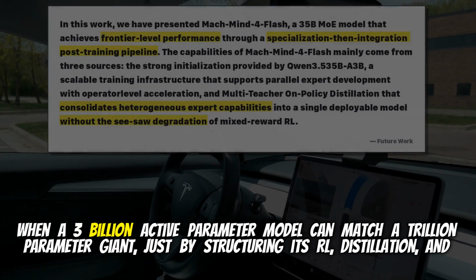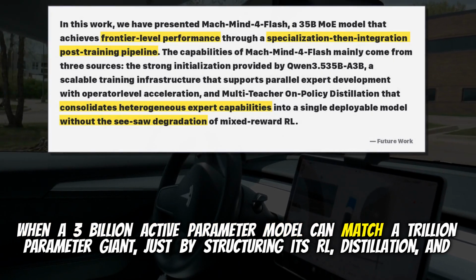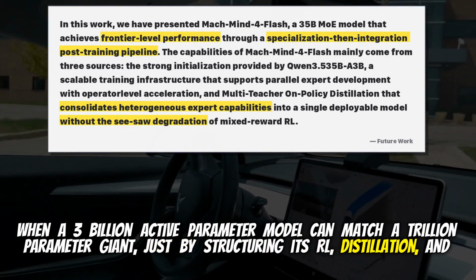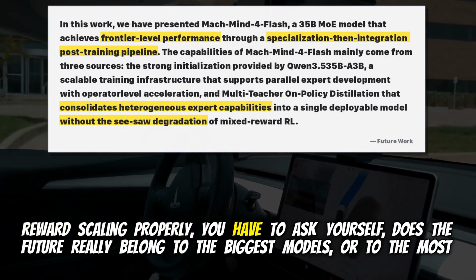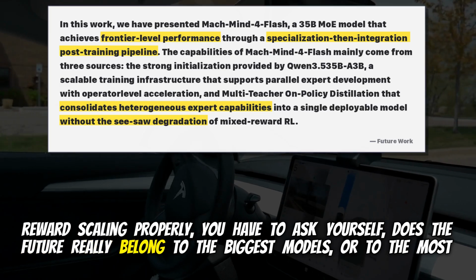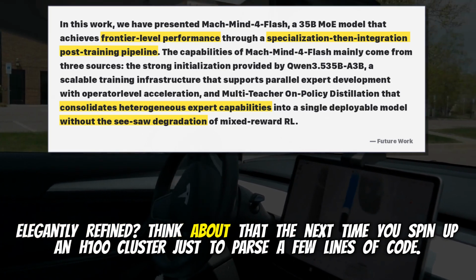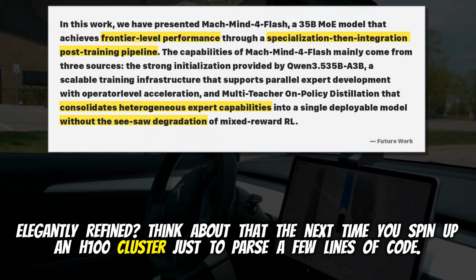When a 3 billion active parameter model can match a trillion parameter giant just by structuring its RL, distillation, and reward scaling properly, you have to ask yourself, does the future really belong to the biggest models or to the most elegantly refined? Think about that the next time you spin up an H100 cluster just to parse a few